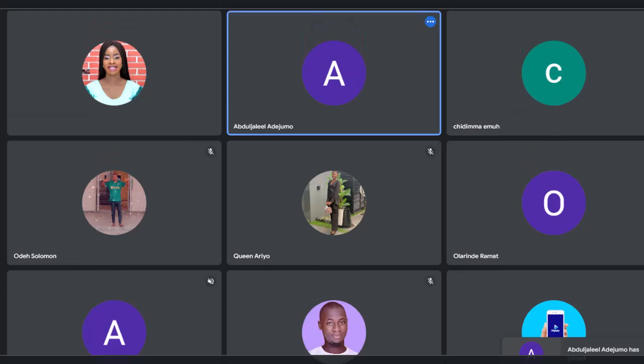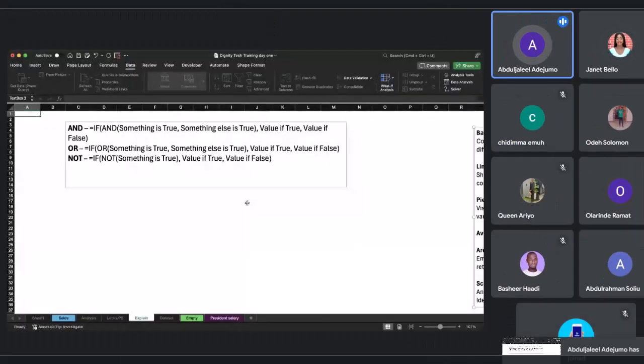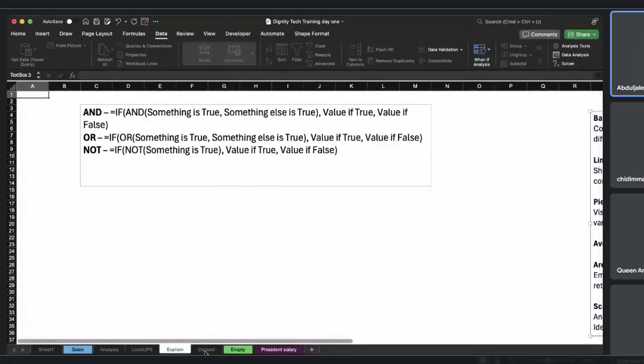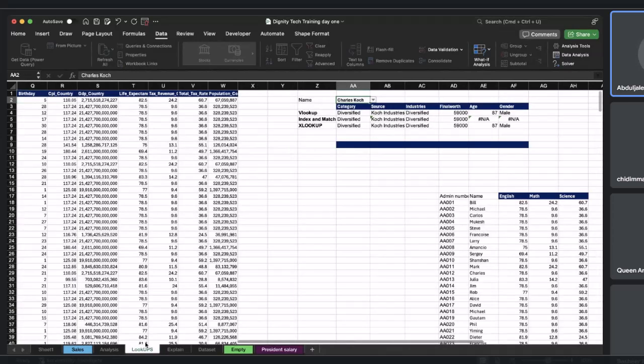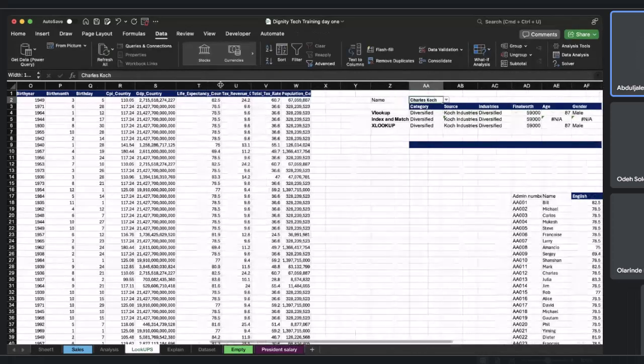Yes. Now we have the IF statement. What does the IF statement do? You have conditions that you want to meet in your data, or maybe you just want to check if some conditions are true or false in your data. For example, let us go back to our data set. What we want to do here is check the average